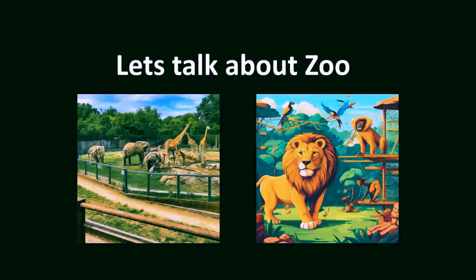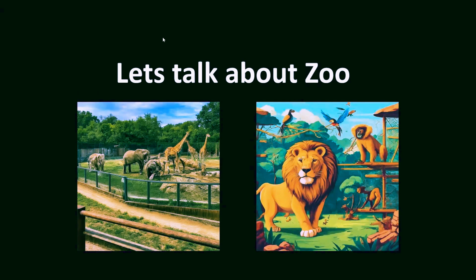So let's talk about a zoo. You are going to the zoo and you want to show kids that there are lions, there are chimpanzees, there are monkeys. But imagine a zoo where nothing is organized and kept in different cages. They are all roaming here and there. It will take time for you to find a specific animal that your kid is looking for or you are looking for, right? So just like we organize animals in cages at the zoo, we need a way to organize data in a way that makes sense and is easy to find, because storing the data is not going to help you. You are storing it just to get some information out of it, some insights out of it, right?